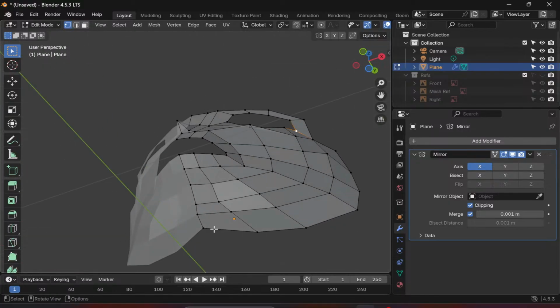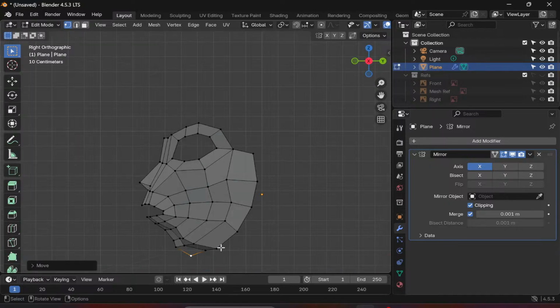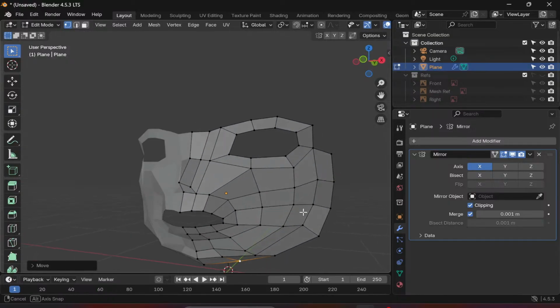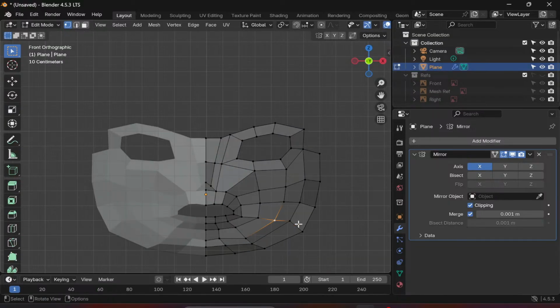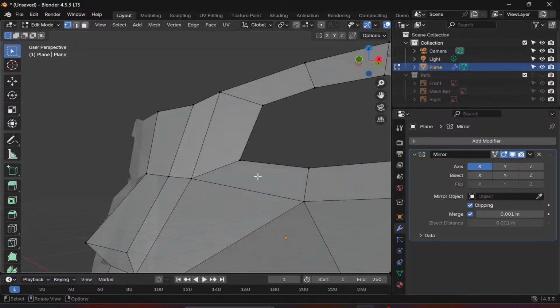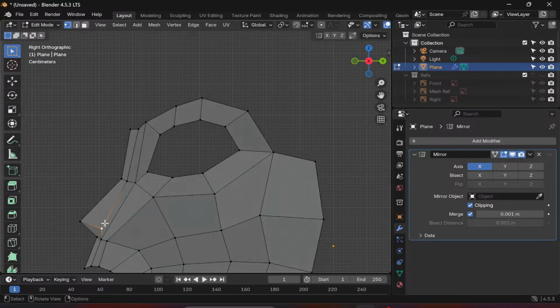And of course it looks like a monkey now. It's not perfect, but I can always move this geometry, and for the nose over here,